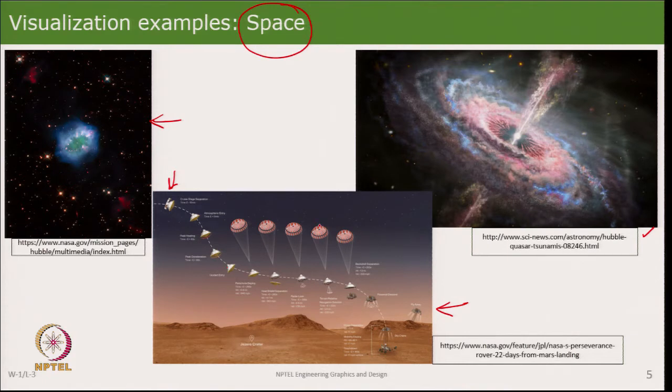At some point, the parachute opens up, which slows it down. Then, at some point, the rover is suspended, drops down, and then slowly the rover touches the ground, the cables snap, and its vehicle flies away. This is an extremely complex and very sophisticated maneuver, but in one picture we are able to visualize everything